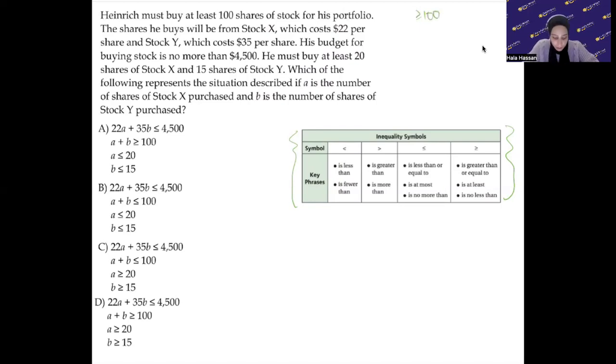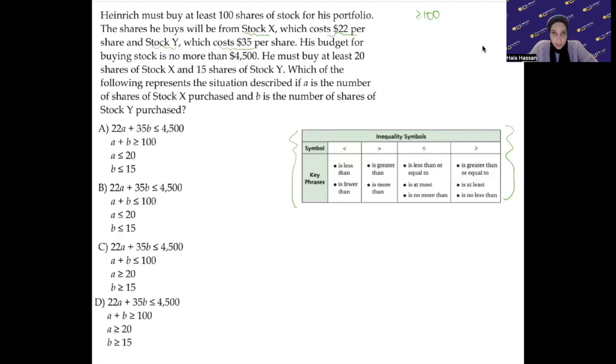Then it says the shares he buys will be from stock X. So there are two stocks, stock X, each stock will cost $22, and then stock Y each will cost $35. So if I wanted to buy just one stock X, I'd pay 22, and it's going to be linearly dependent, right? So if I buy three, then I multiply 22 by three, and so on. Then over here, they're saying that his budget for buying stocks is